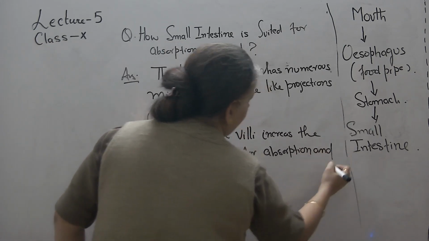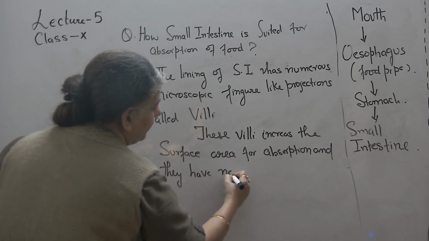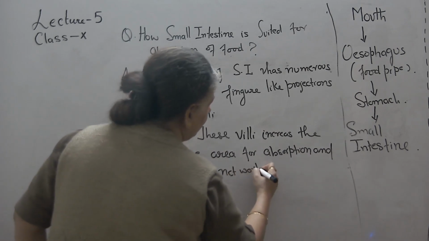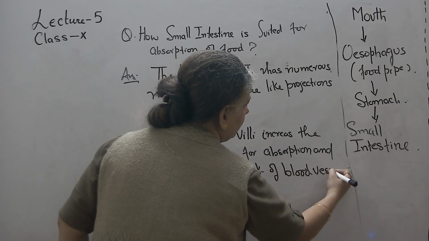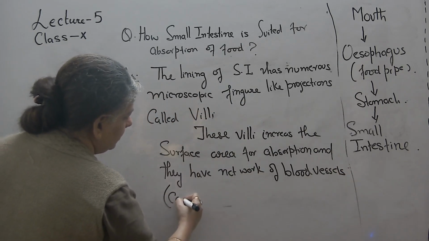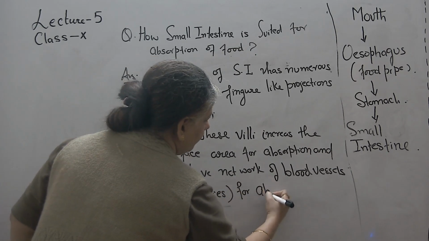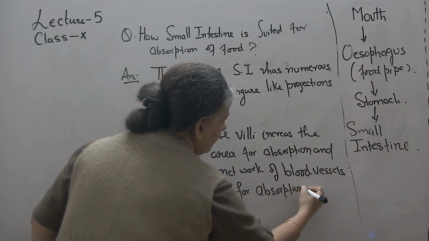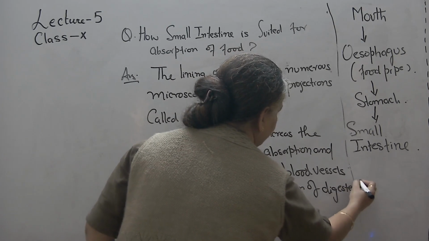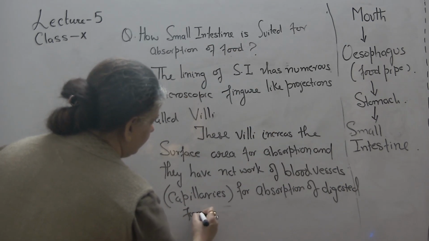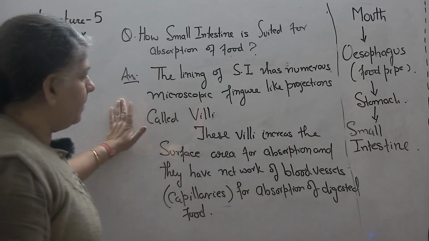And they have a network of capillaries or a network of blood vessels for absorption of digested food. So this is the answer. You can also add